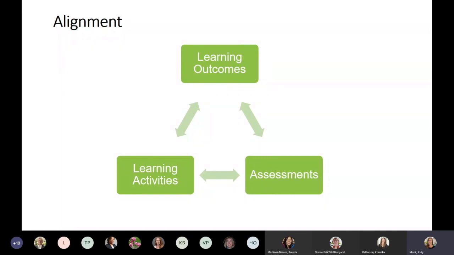And it's okay to hold on to some of those things that you're passionate about and they work. But you do want to take a look at this alignment, and I think it helps really to ensure that you're not giving busy work, right? When you look at this wheel and you check between all three areas, you can ensure that what you are delivering and what you're asking of students is appropriate to get them to those course level learning outcomes.